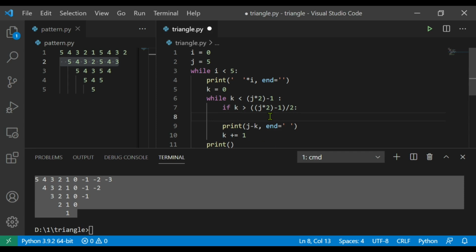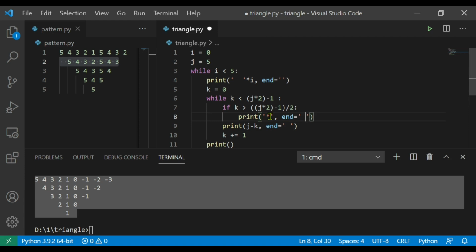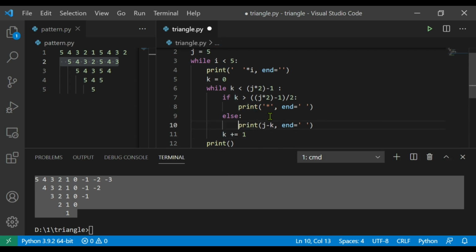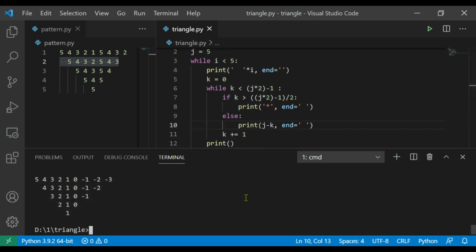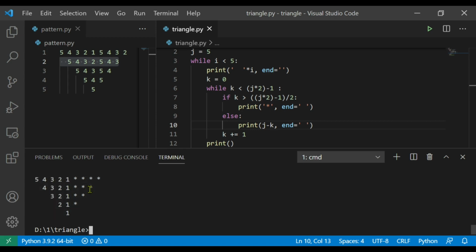Then print the second half separated with space character, else print the first half. Run this py file in the terminal, we can see our first half is printed and the second half is printed